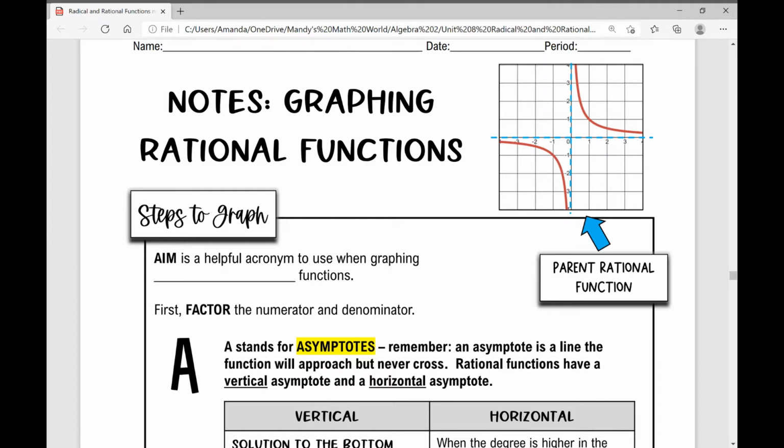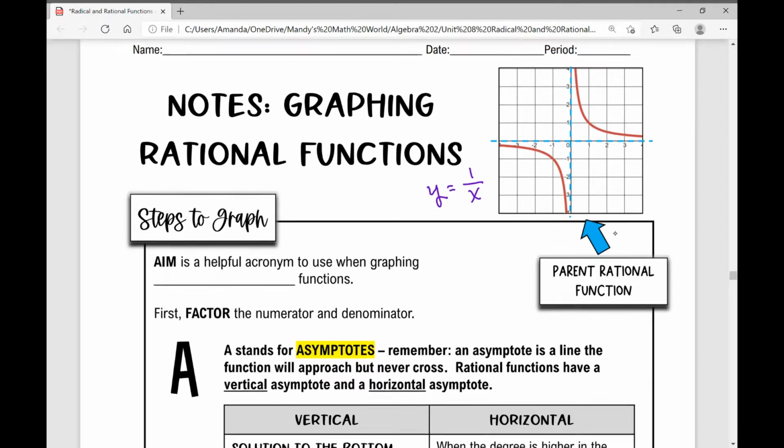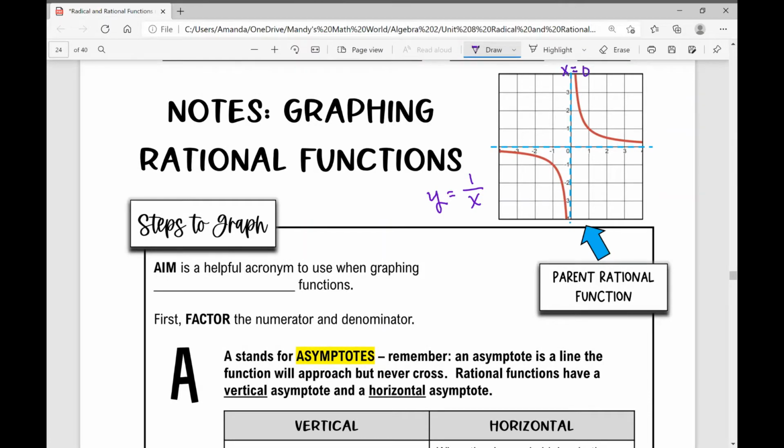Today we're going to be graphing rational functions, and I want you to recall the parent rational function. The parent rational function is y equals 1 over x. It's an odd function, so it's symmetrical about the origin. It's got a vertical and a horizontal asymptote, and that vertical asymptote is x equals 0, and that horizontal asymptote